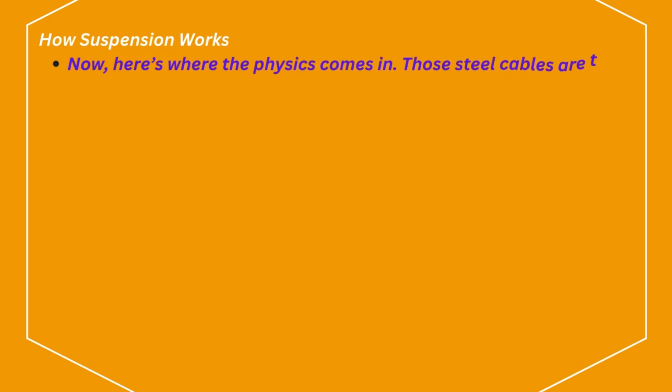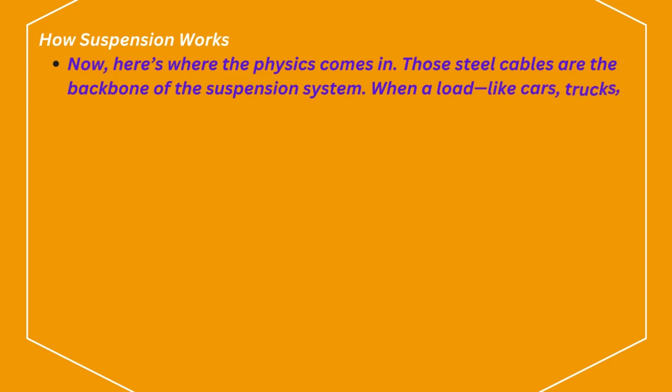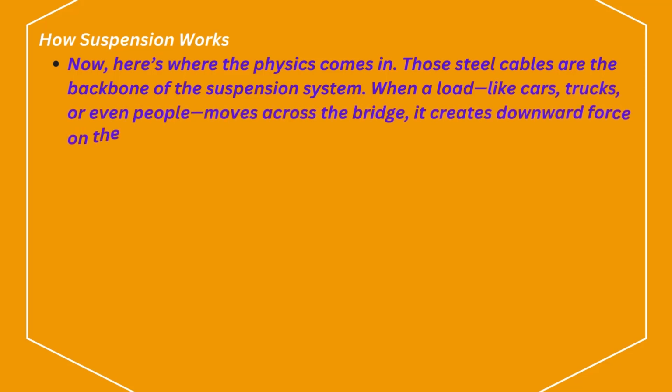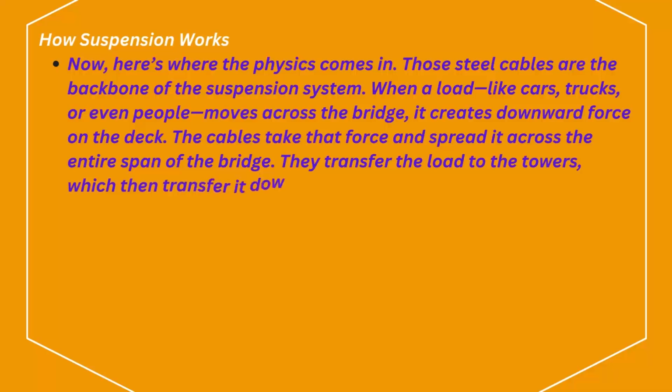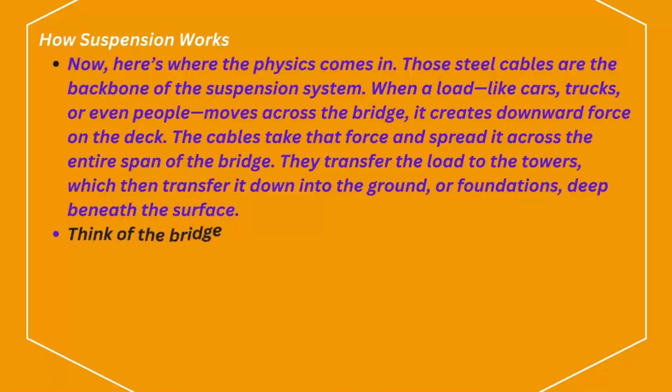How suspension works. Now, here's where the physics comes in. Those steel cables are the backbone of the suspension system. When a load like cars, trucks, or even people moves across the bridge, it creates downward force on the deck. The cables take that force and spread it across the entire span of the bridge. They transfer the load to the towers, which then transfer it down into the ground, or foundations, deep beneath the